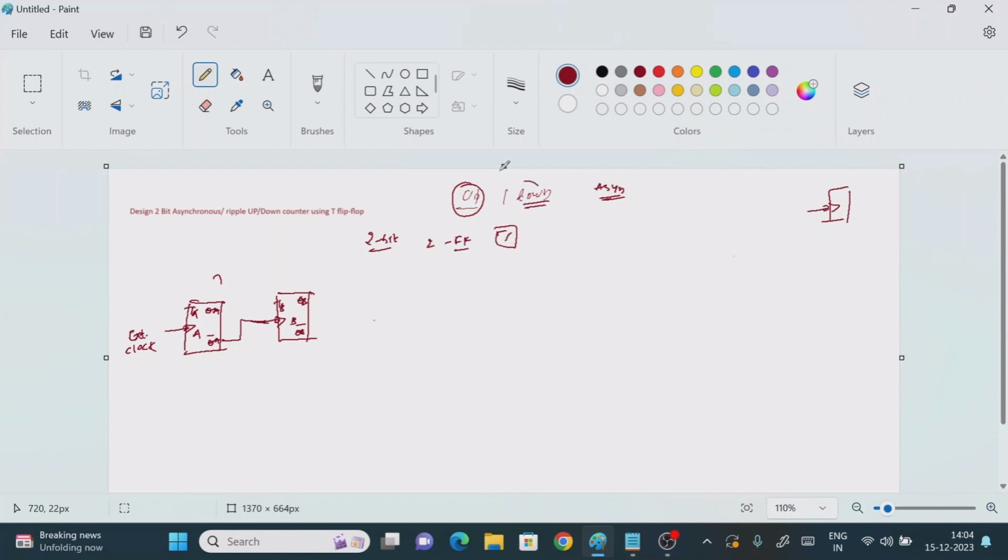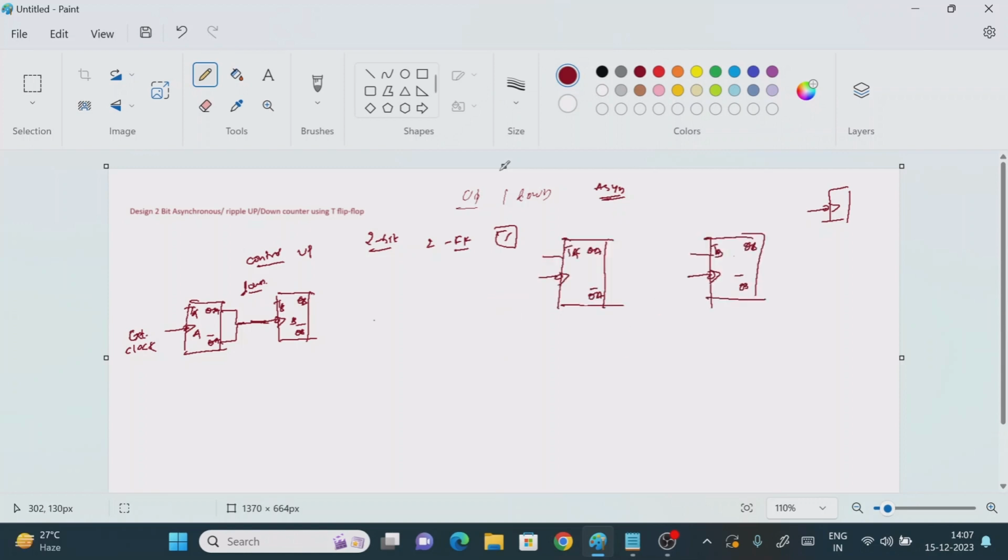My question is that I need to perform the up counting operation as well as the down counting operation. So in this case, in between these two flip flops we require a control mechanism, right? Because if we connect like this, it will perform the up counting operation. If we connect like this, it is going to perform the down counting operation. Let me take the same flip flops once more: flip flop A, and this one is B. If QA is connected, it is up count. If QA bar is connected, it is down count, right?